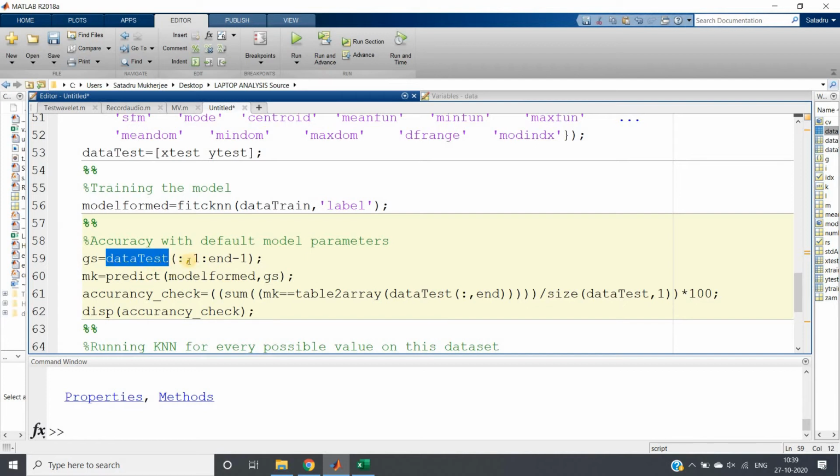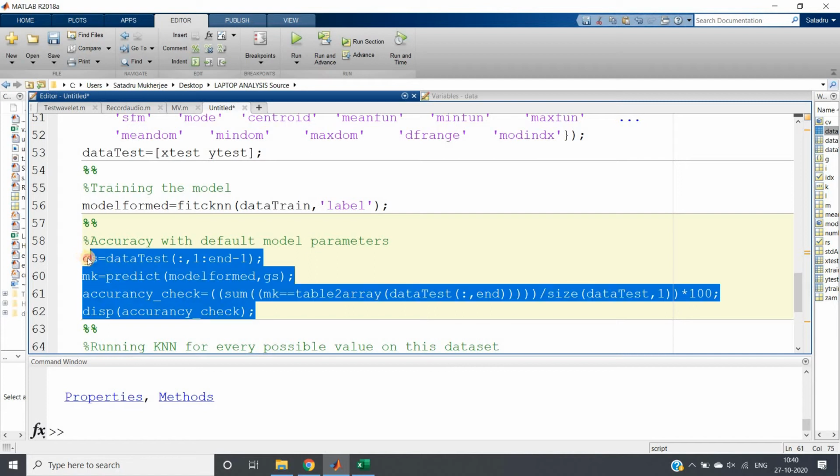Taking the data test, only apart from the output feature, taking all, and we are predicting that, using our model and all the input features for the test data set. Then we are checking for test data where the prediction value and actual output are matching. All those that match, we take the sum of that and divide by the size of data, taking percentage. This is how we compute the accuracy, right? And displaying the accuracy.